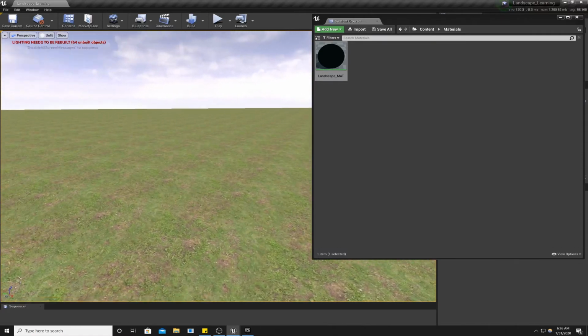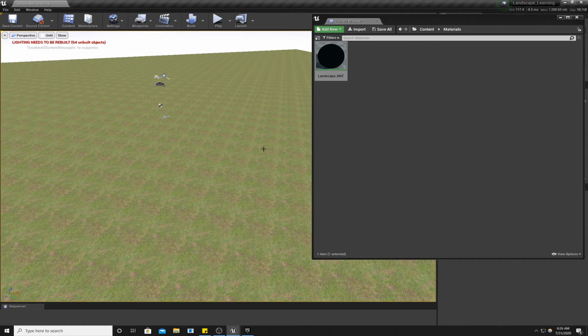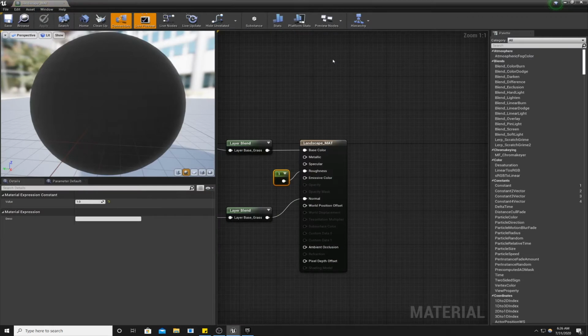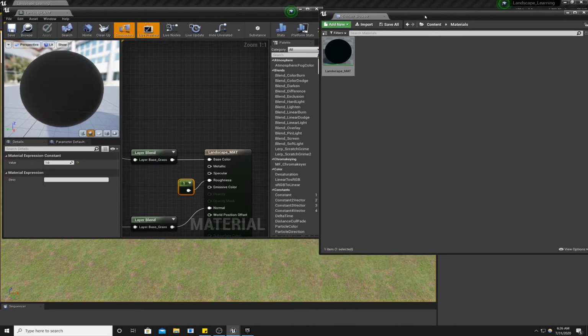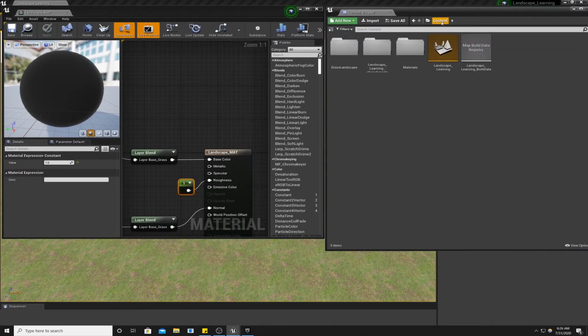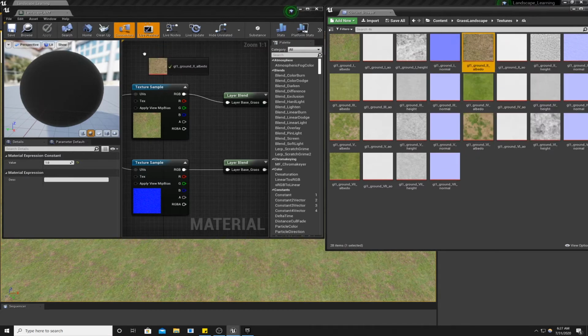But the next thing we need to do is add in a second material to paint on top of this material. So to do that, we'll go back to our landscape material. Kind of half minimize this so we can see this and our content browser. Go back to the top level. Go back to grass landscape. Go to textures, 4K, and pick any texture you like. For sake of simplicity, I'll just pick ground 2 albedo